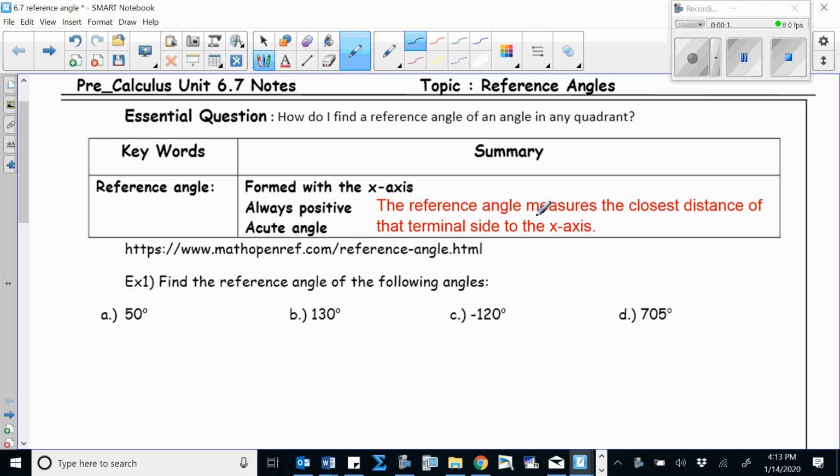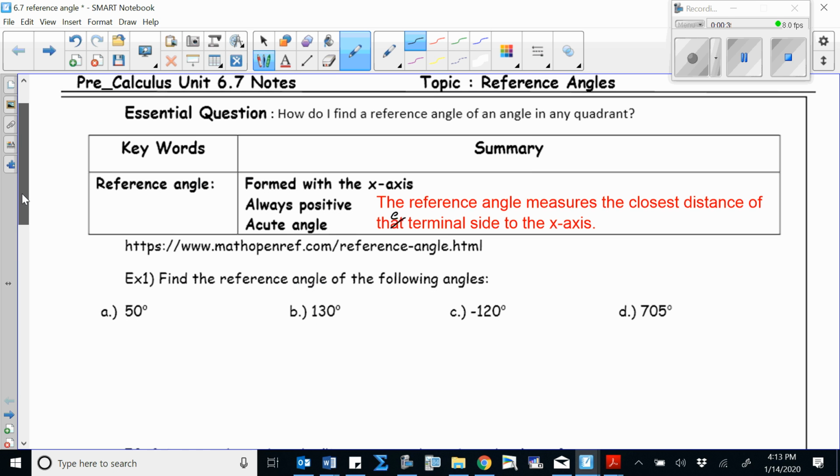The reference angle measures the closest distance of the terminal side to the x-axis. This is actually the terminal side. So the closest distance from the terminal side to the x-axis is the reference angle. Notice that reference angles should be formed with the x-axis and should always be positive, and it's always an acute angle. So I'm going to do some examples for you here so you can understand exactly what we mean